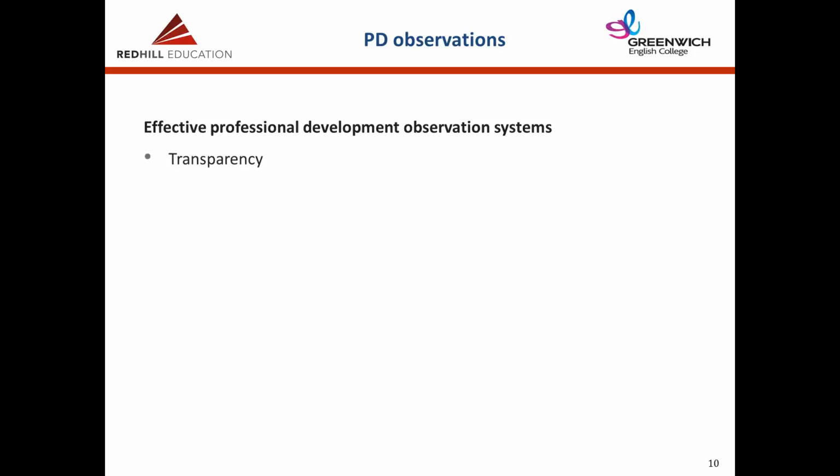So the first point is really around the setup and the way in which you run an observation program. With professional development observations, I think the most common thing that happens in schools is that every 6 months the DOS takes some time out of the day-to-day work, lines up all the teachers with a program of observations, and knocks them out over a period of 3 or 4 weeks, observing everyone in one go.